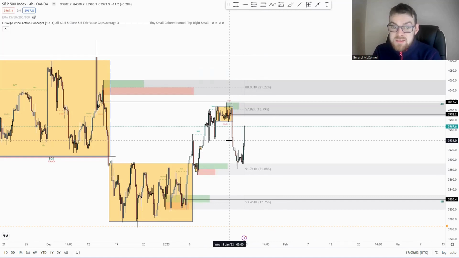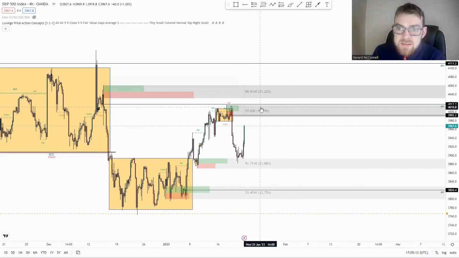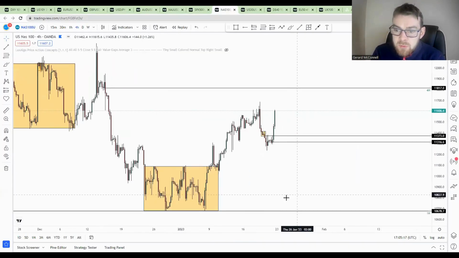I think what you're going to start to see is narratives being proposed to fit the price action that's developing in the markets. And that's generally what happens from a broader perspective as well. All right, so that brings us to the S&Ps. Nasdaq, again, a very, very similar move.